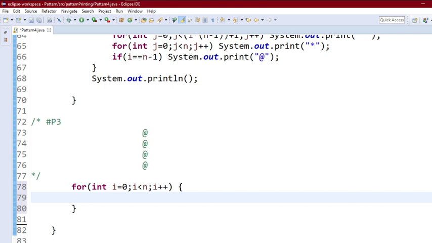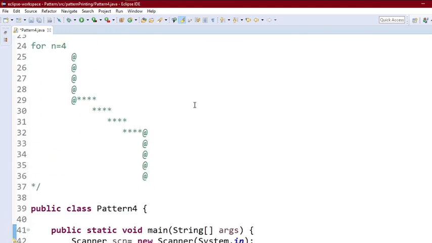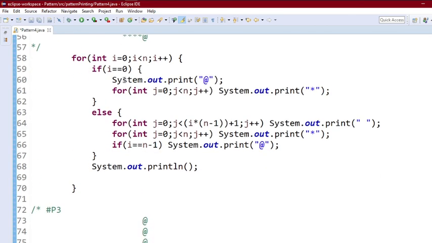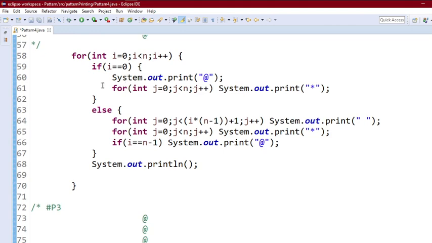After this we have to print some white spaces. Let's see how we are going to print this. Okay, we don't know how many white spaces we have to print here, but we know one thing, that this is always going to be equal to these white spaces plus a total of n white spaces. So how can we know how many white spaces are here? Okay, this is always going to be equal to the last iteration of part 2.